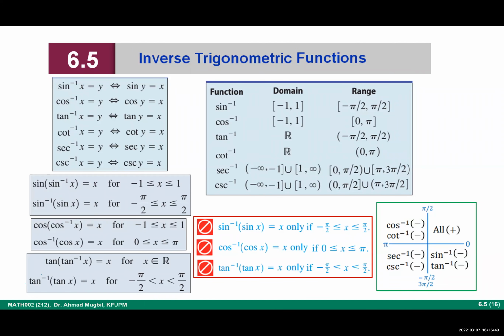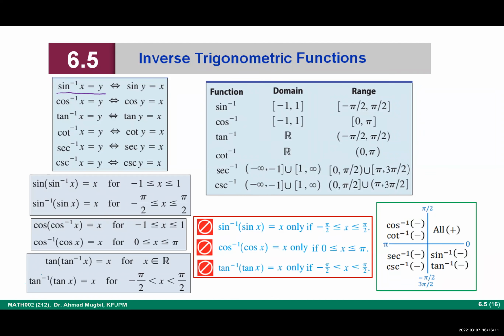Today's class is about 6.5 recitation exercises. We will practice by solving the recitation exercises of section 6.5. Let's summarize or remember the summary of this section. In here you have the definition of the